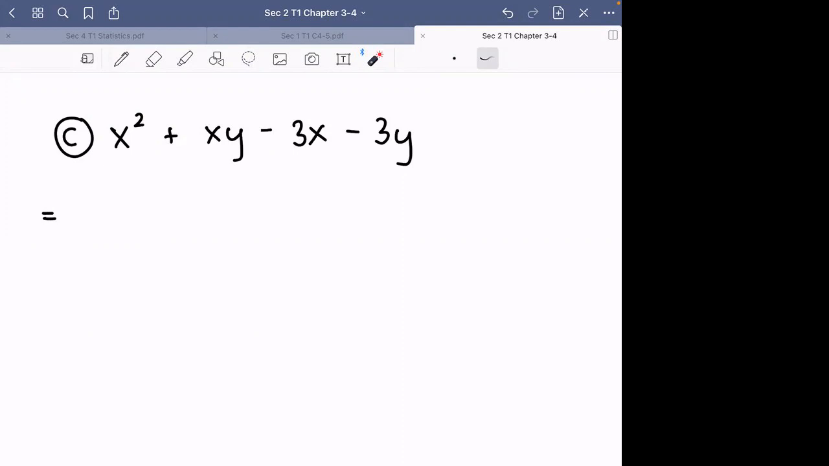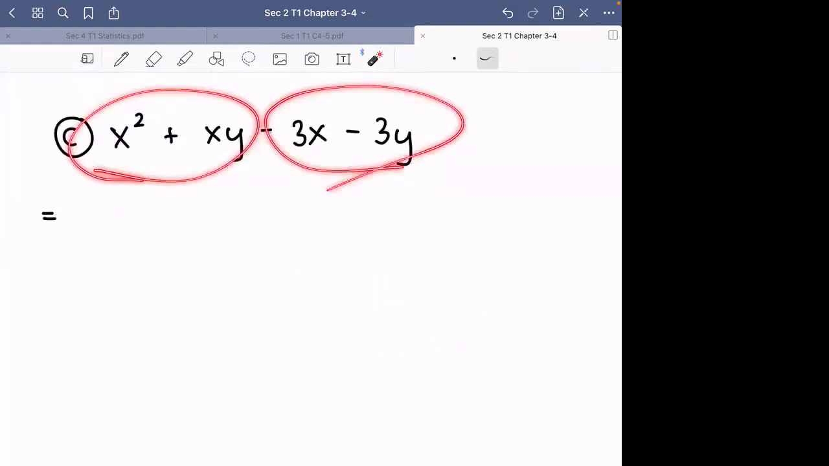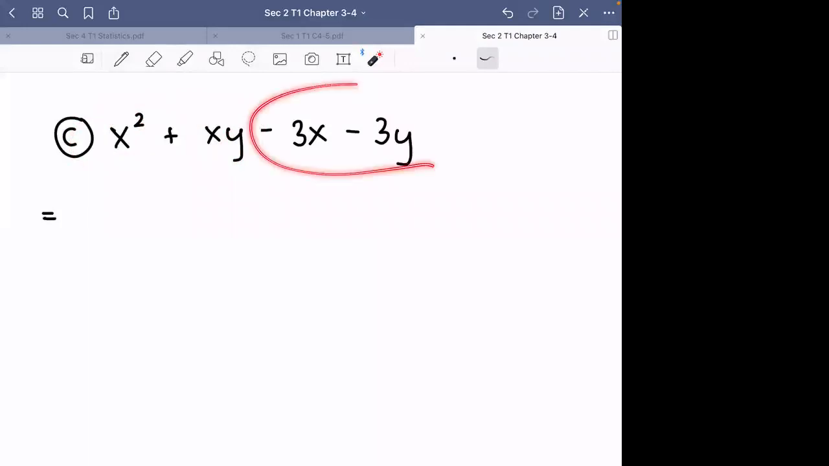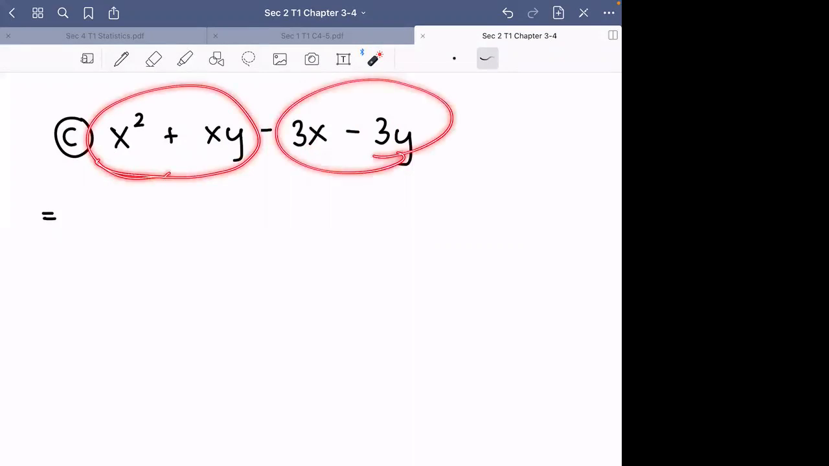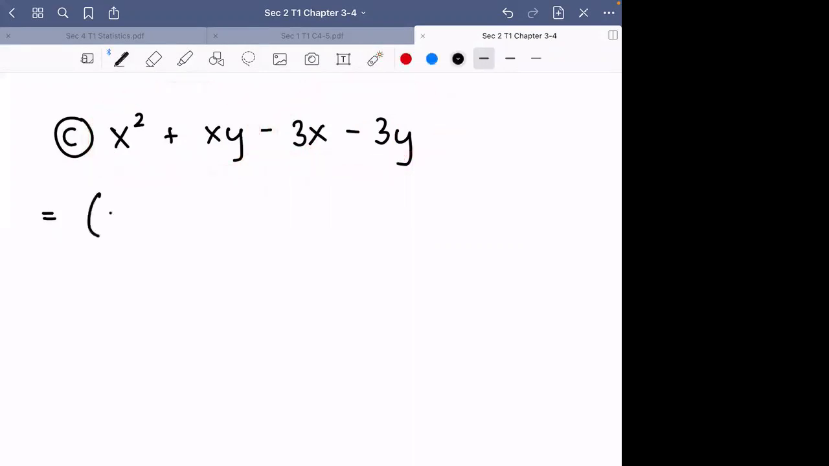We can just go with the first pair and then the second pair, right? Because the first pair has x squared and xy, and the second group has 3x and 3y. So I'll be grouping them by the first pair and then the second pair. So that's your groups. So we have x squared plus xy minus